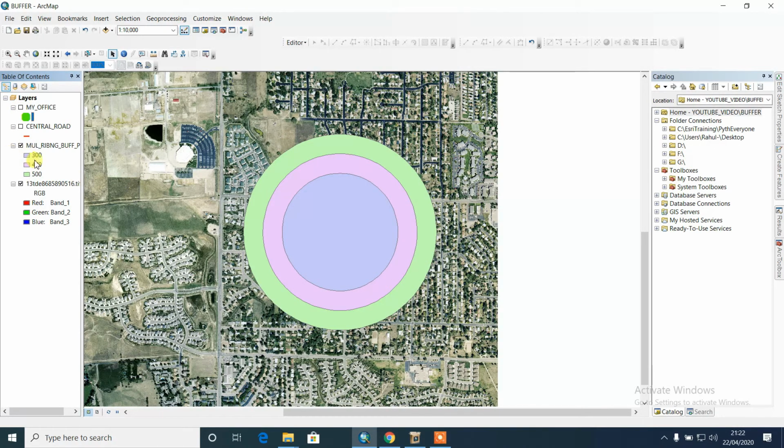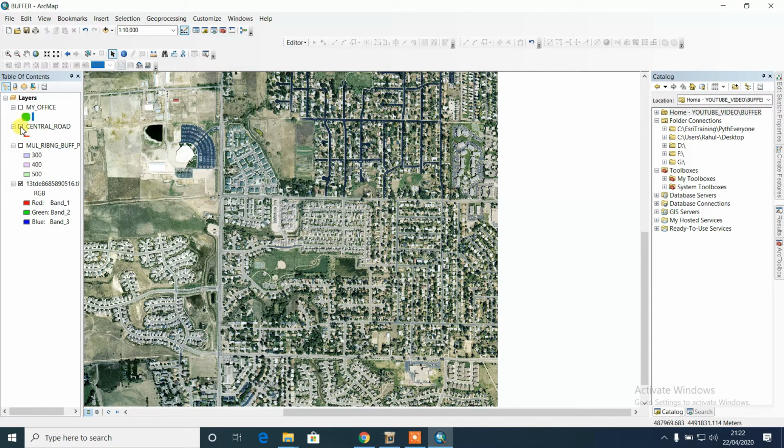So you can change the symbology to get a better understanding for your analysis. Okay, I just close it. Oh, it's not responding. Sometimes it causes problems. So this is the line.